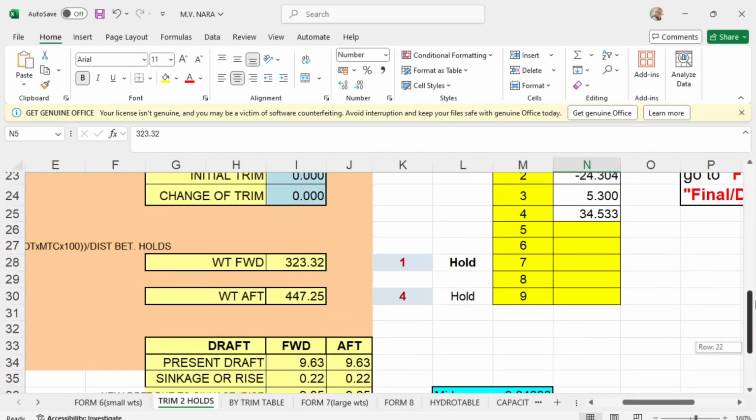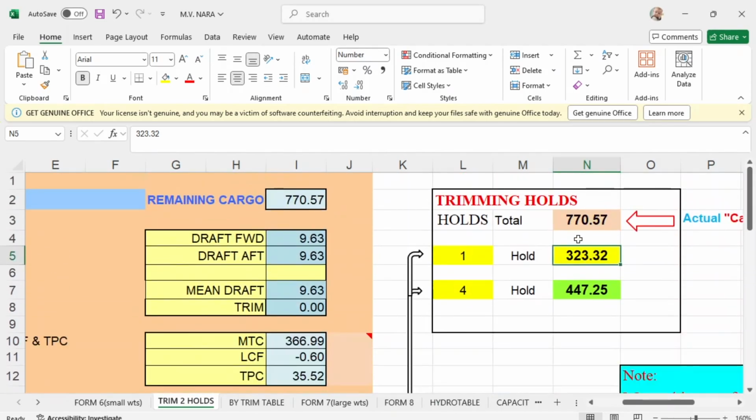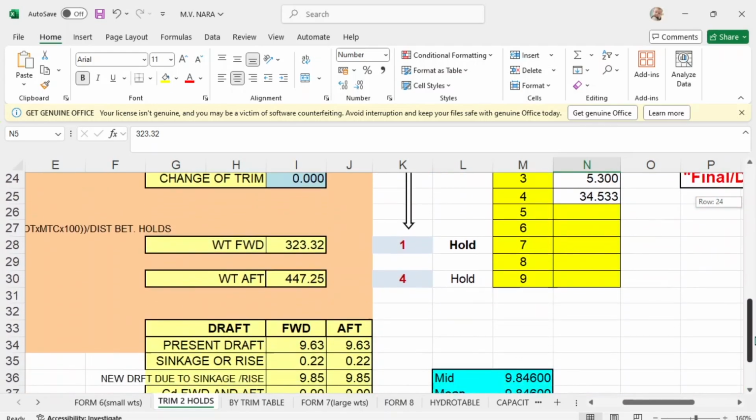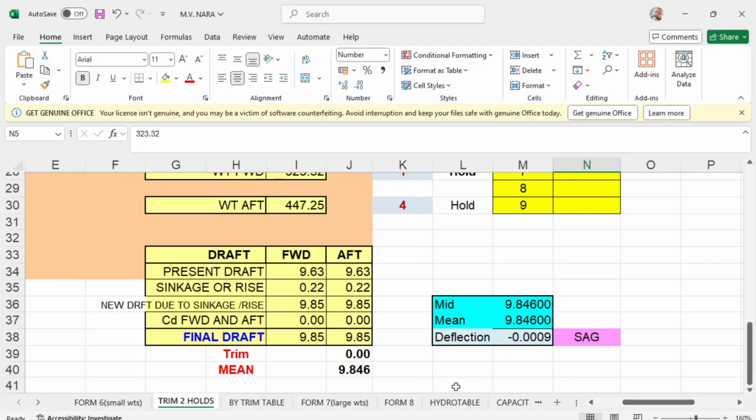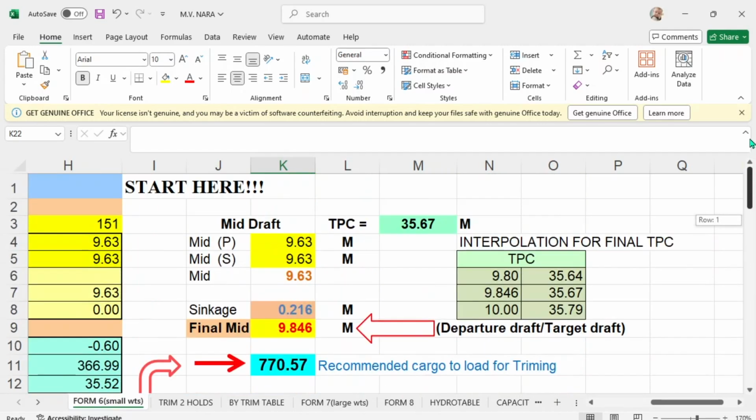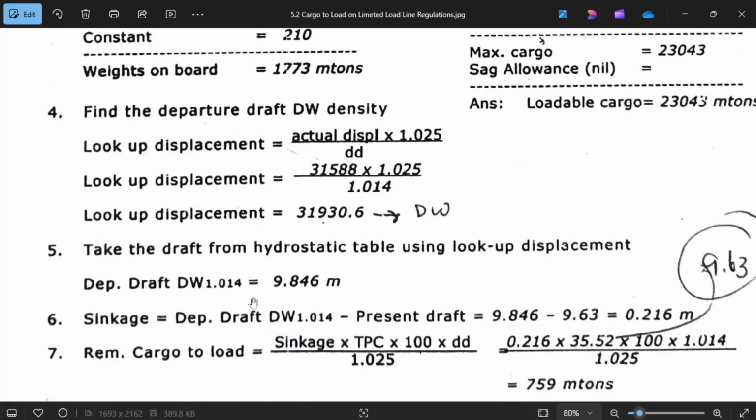Okay, so when you load this amount of cargo, 770.57 in 1 and 4, and your departure draft will be 9.85, you have zero trim, and your mean draft is 9.846. And here your mid 9.846, which is this one, guys. Your departure draft of 9.846, which is this one, 9.846, and